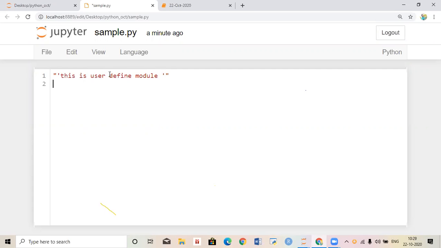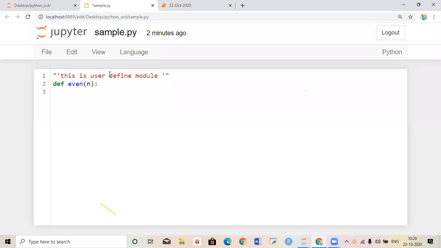Now I want to write a function. I want to implement one function, that is the even function. How many arguments will the even function take? It takes only one argument. It checks whether the number is even or not.